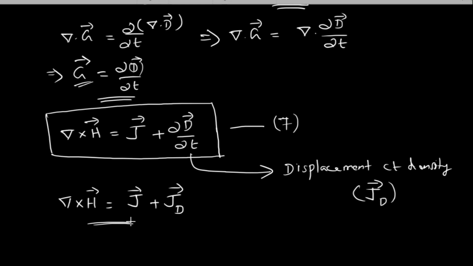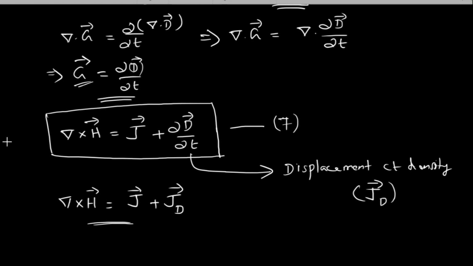Now we have our point form equation, and you should be able to find the integral form from it. So far in all these three cases, we first ended up with the integral form, then applied the divergence theorem or Stokes theorem and found the point form. Now in this case we ended up with the point form, and from it we should be able to find how it can be represented in integral form. To obtain the integral form, I just integrate this differential form of the equation over a surface.